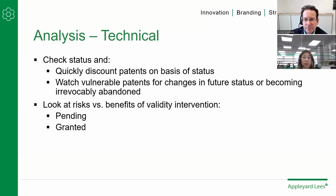So the analysis side of it, the technical side, as I say, first thing is check the status. If it's ceased, if it's in force, hopefully that means you can quickly eliminate ones that you don't need to consider at all. Look for these vulnerable patents that might become abandoned. For instance, they've not paid the renewal fee, they've not responded, for instance, to an examination report. And then you can look at